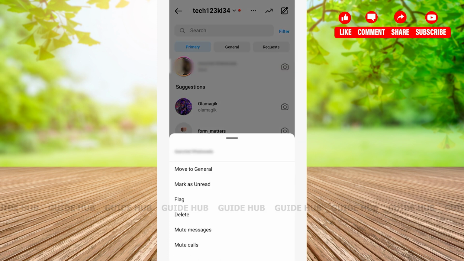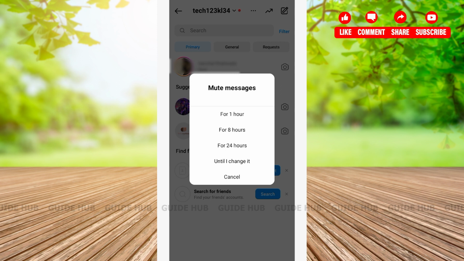After that, you'll be able to see many options such as move to general, mark as unread, and so on. On the below, you'll be able to see mute messages and mute calls. Mute messages is located on the second last option. Tap on it. After tapping on mute messages, here you'll be able to see about 4 options that are mute